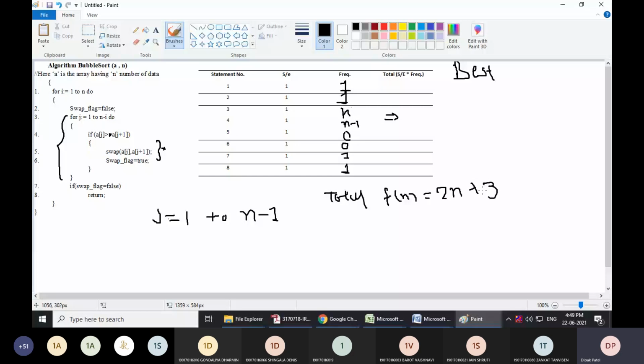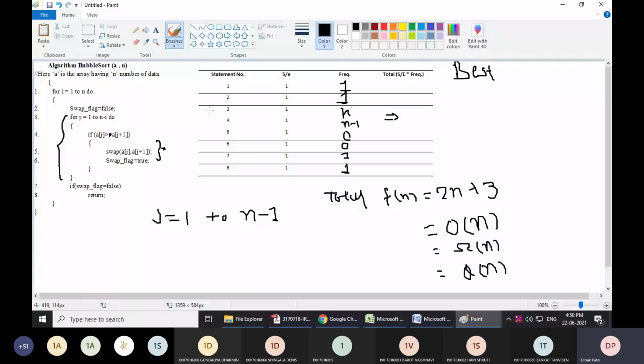And if you want to assign Big O notation to this function, what will be the Big O? Big O of n. Omega will also be n. And theta notation will also be n. So the base case time complexity of bubble sort algorithm is theta of n.